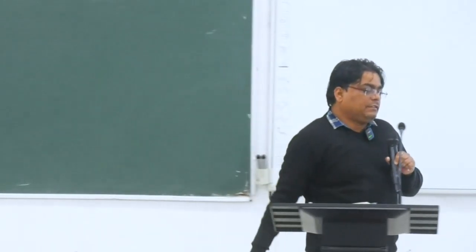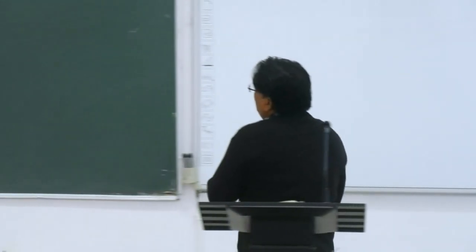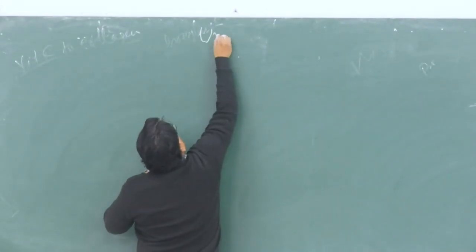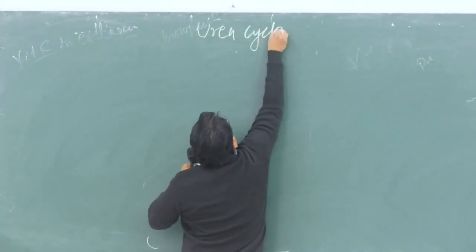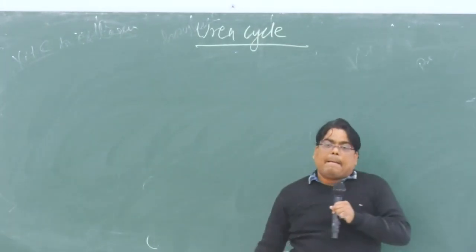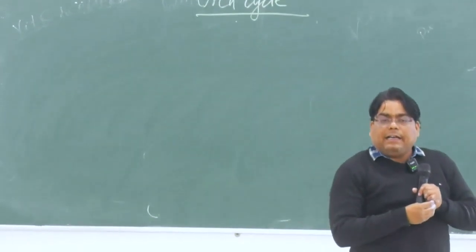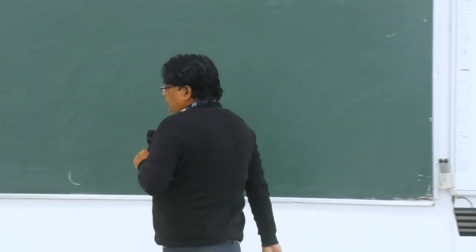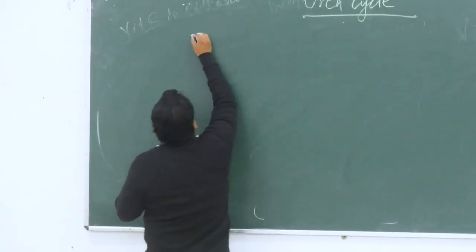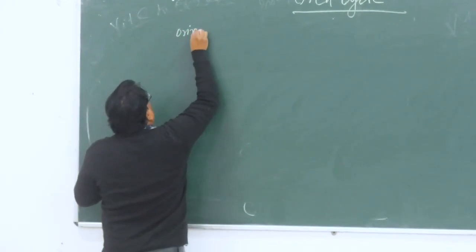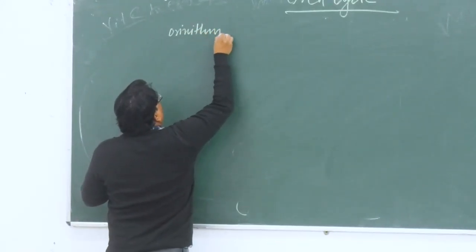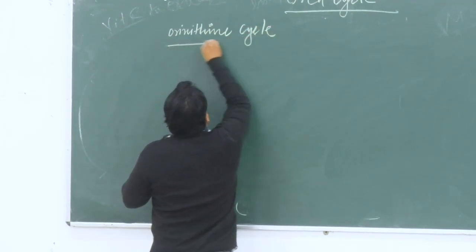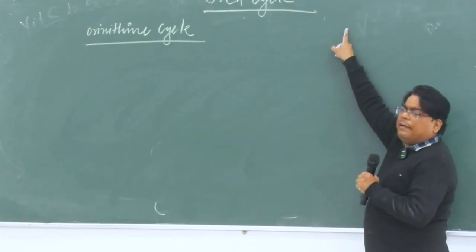Now we understand disposal of ammonia by the urea cycle. Okay. First, we also call the urea cycle the ornithine cycle, and second one we also call